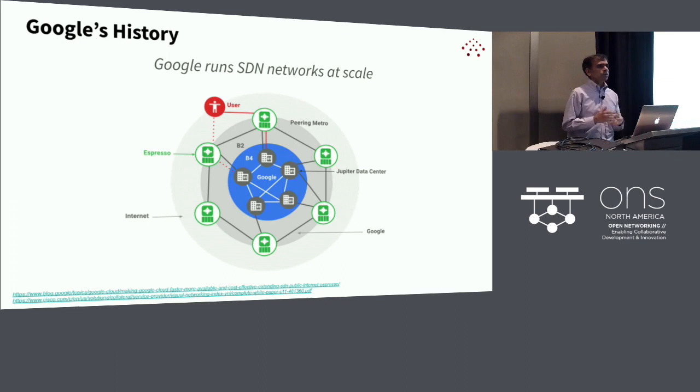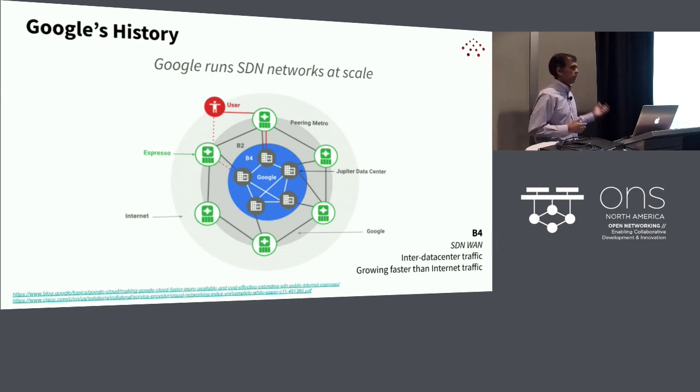Google started out exploring the SDN paradigm more than 10 years ago. And the first fully OpenFlow-based SDN network that we deployed was called B4. Many of you might be familiar with this already. It's the WAN network that connects our data centers together. It's the high capacity network that carries inter data center traffic,